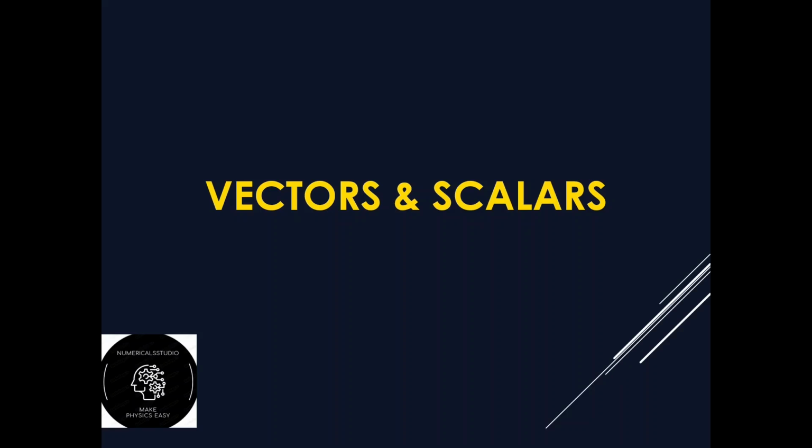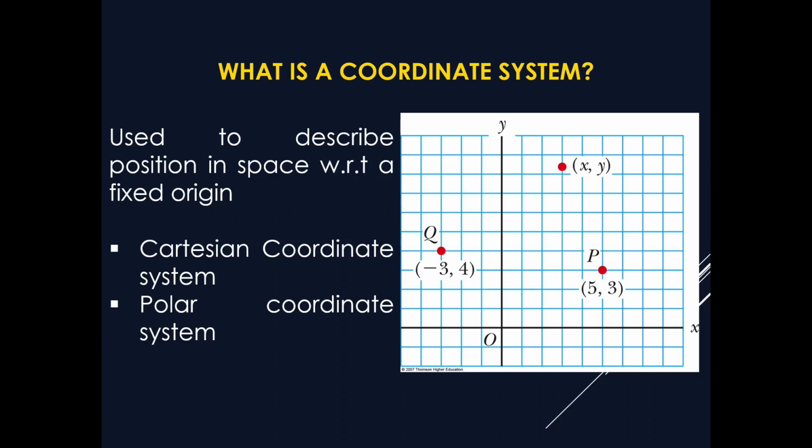Today we are going to discuss a very important topic of class 11 and class 12 as well. That is about vectors and scalars. Friends, if you're talking about a physical quantity, then every physical quantity needs some kind of parameters for its complete definition. One important parameter is the location of that particular thing, that is, where it is located. So in order to locate something, we have different kinds of systems